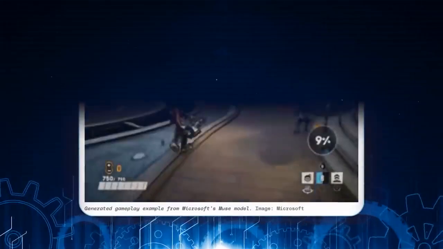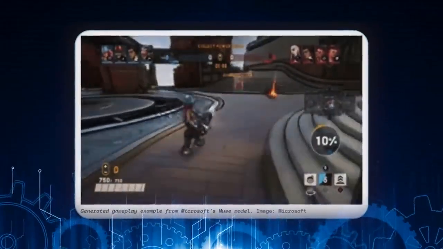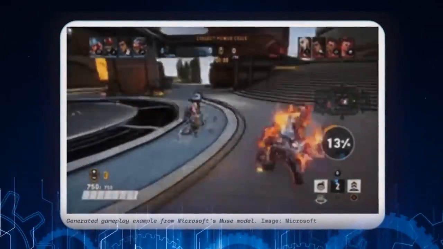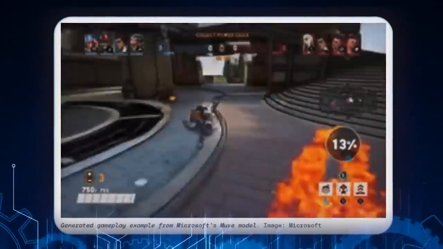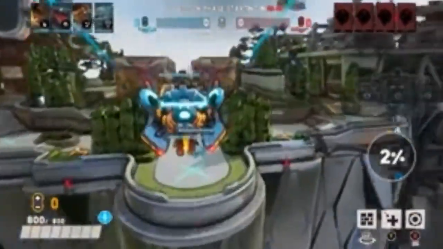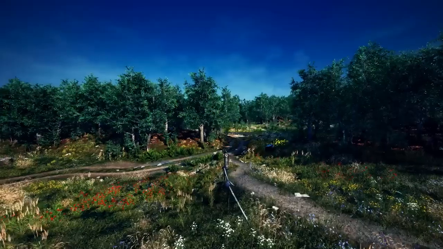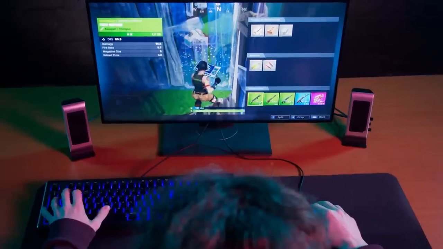We also got to see some glimpses of the future from Katja Hoffman. She showed a real-time version of Muse that generated frames on the fly at a modest 10 frames per second. She even dropped objects into the environment, and the model reacted logically, rearranging the environment accordingly. That demonstration, while still low-res, gave a taste of how these AI-driven worlds might one day become truly interactive. Imagine open-world games or creative sandboxes that can expand themselves in real time based on what players are doing, or that can adapt to your input in fresh and unexpected ways.